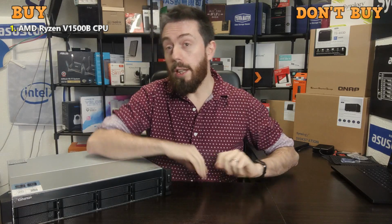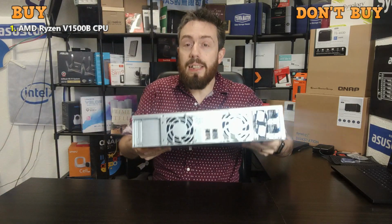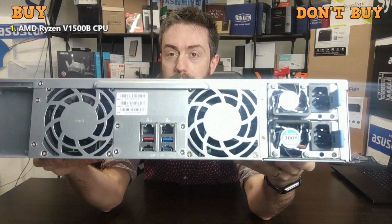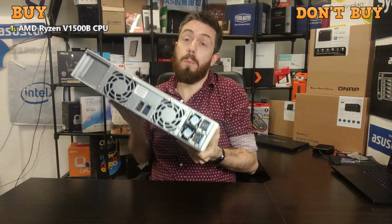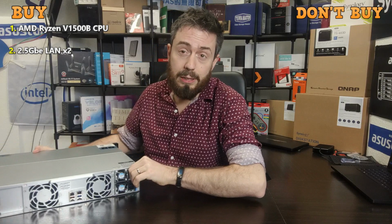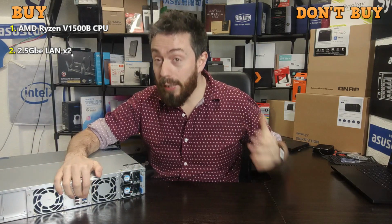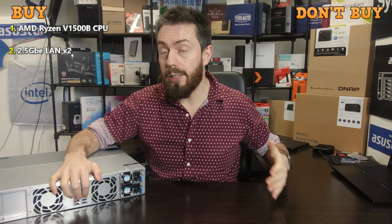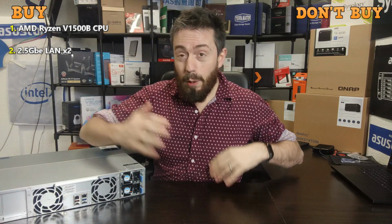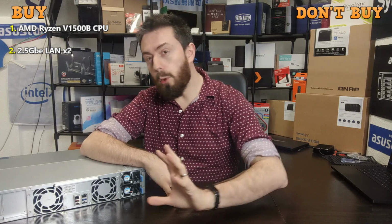Reason number 2 that you may want to consider this device, if we flip this around, is that it is 2.5 GbE. Those network ports on the rear support 2.5 GbE, or 250 megabytes per second each. They also both arrive with link aggregation support up to 500 megs. So this device, with its greater than gigabit level connectivity, means you can push a lot more data through,